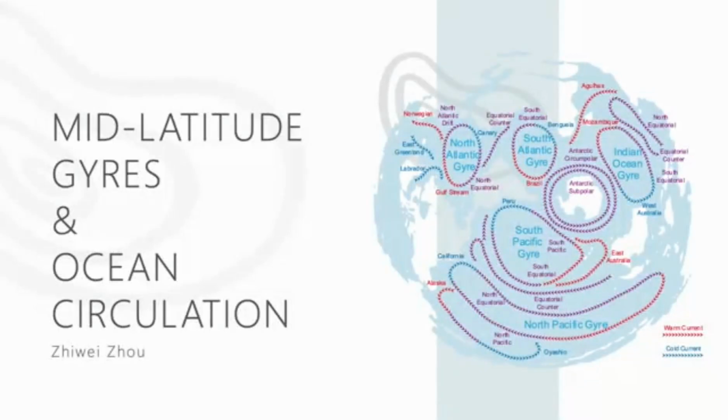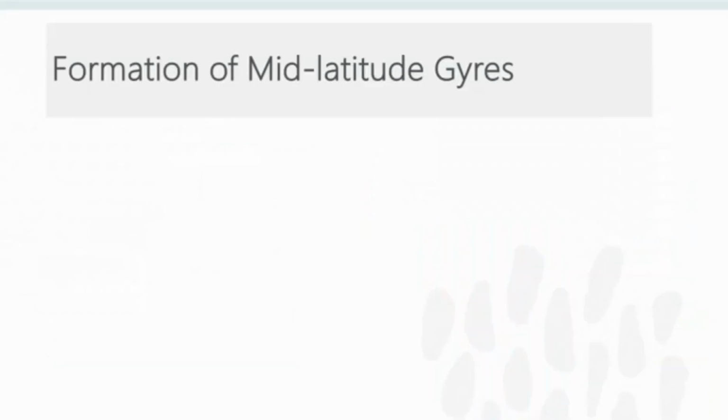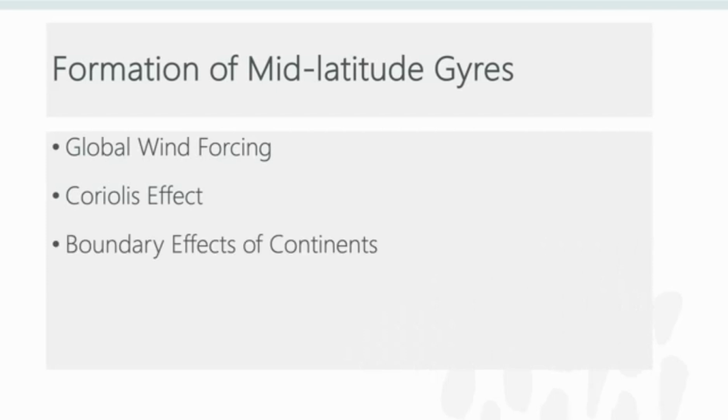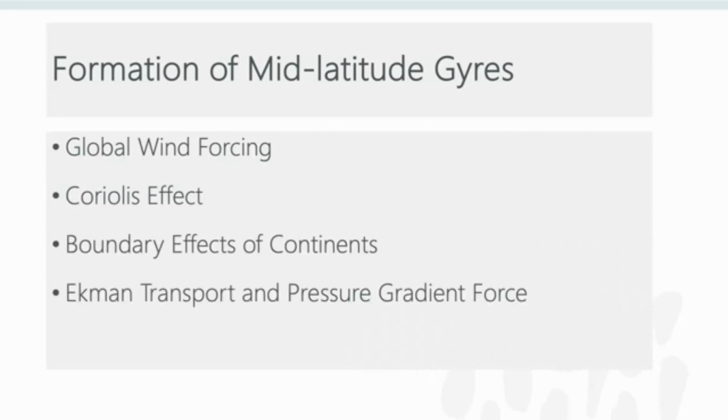Good afternoon. Today I will be discussing the dynamics of mid-latitude gyres and their roles in ocean currents. Let us first discuss the formation of mid-latitude gyres. There are four main reasons. They are the global wind forcing, the Coriolis effect, the boundary effect of continents, and the Ekman transport and